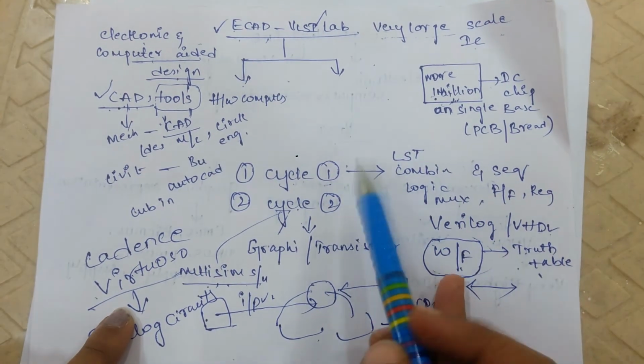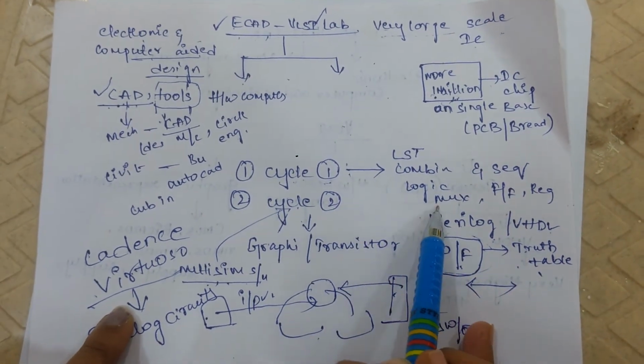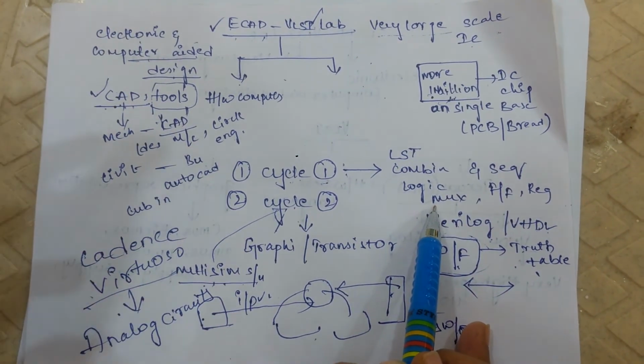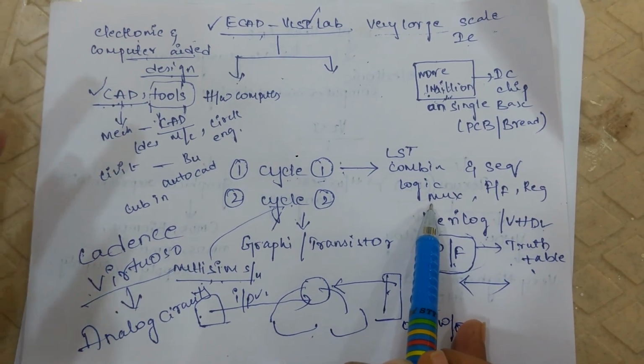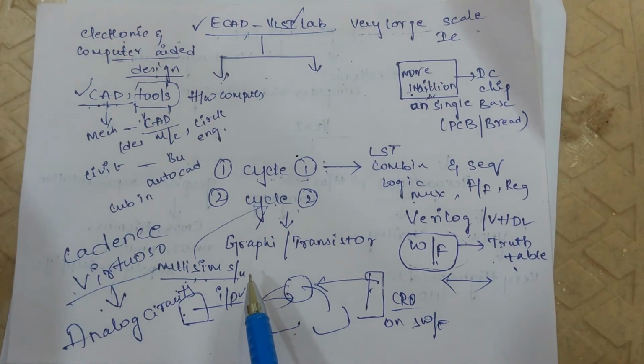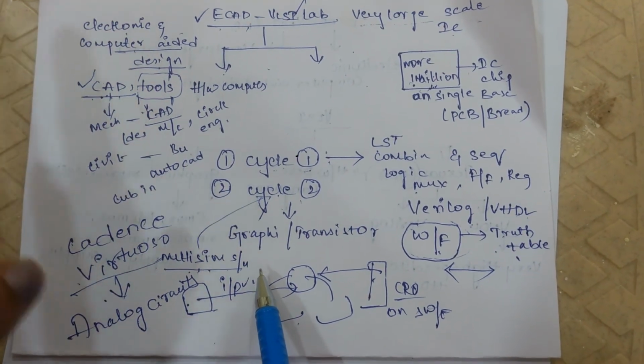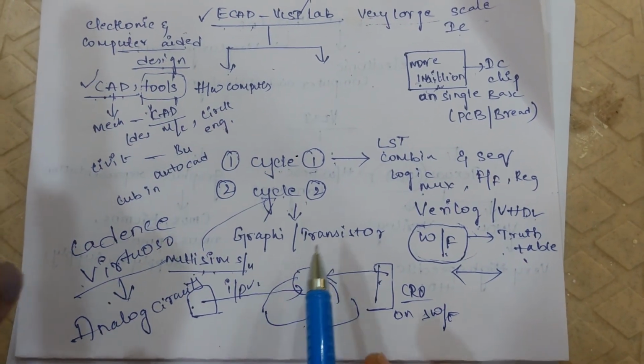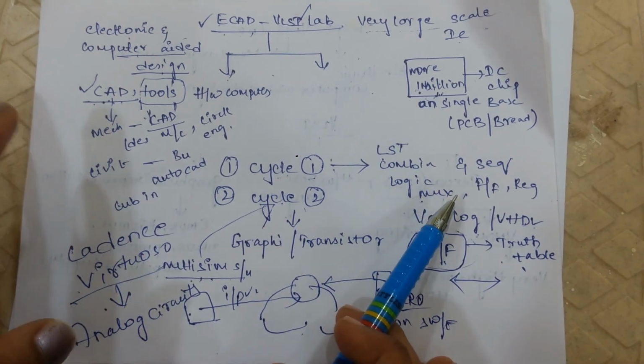So these are the two different kinds of cycles you are going to see in your complete semester. The first cycle is related to hardware designing by using a C language or a Verilog language, or whatever it may be. The second cycle is completely designing circuits with the help of different kinds of components. This is the general introduction of your lab.